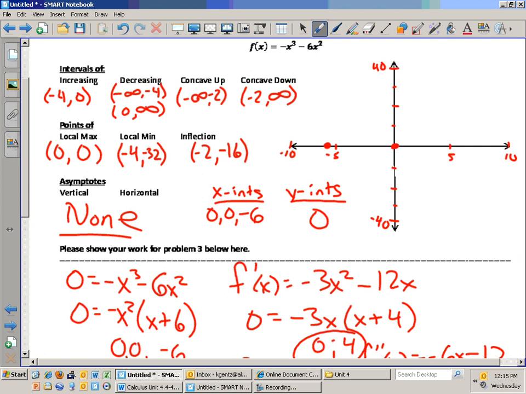It looks like my local max is at 0, 0. Oh, I've already plotted that. My local min is at negative 4, negative 32, which is right about down here. And my inflection point is negative 2, negative 16, so negative 2 and about negative 16 would be right about here. So I've got these points. That's where it changes concavity. So as I draw this,